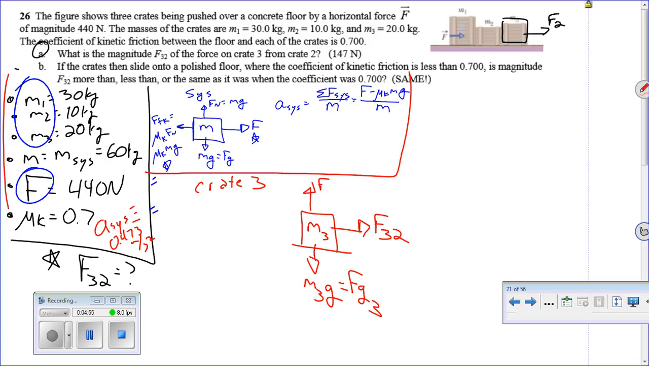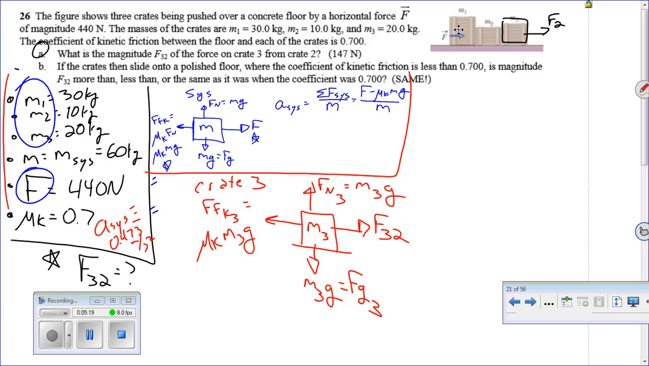There's a normal force on box 3, which would just be equal to the gravity. And then there's friction, which would be equal to the coefficient of kinetic friction times the normal force, right? Okay, so